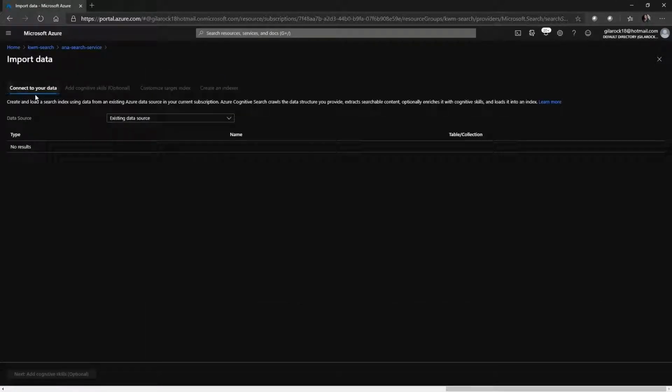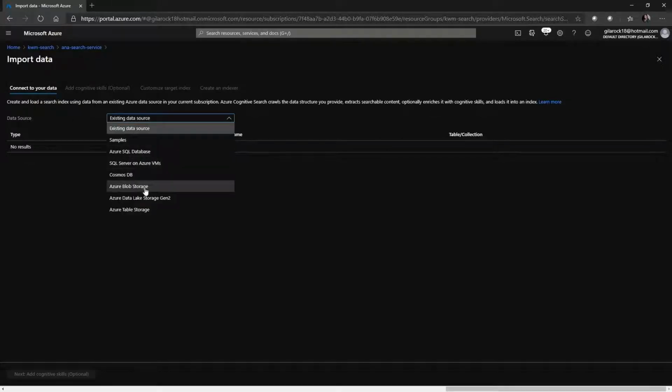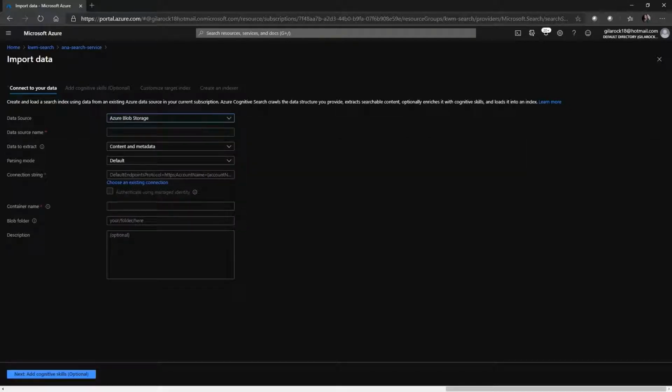First step, connect to your data. Connect to the data source that for this lab is Azure Blob Storage. Provide the name of the data source within this Azure search. This is going to be blob-storage. The data to extract keeps with content and metadata, parsing mode keeps as default, and the connection string,